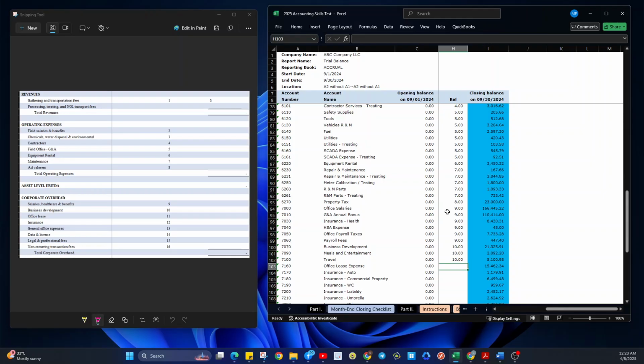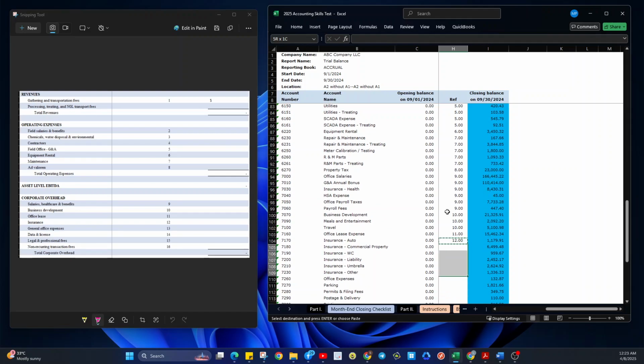Then we have office lease, 11. And then next is insurance, 12. Office expenses, number 13. Parking.